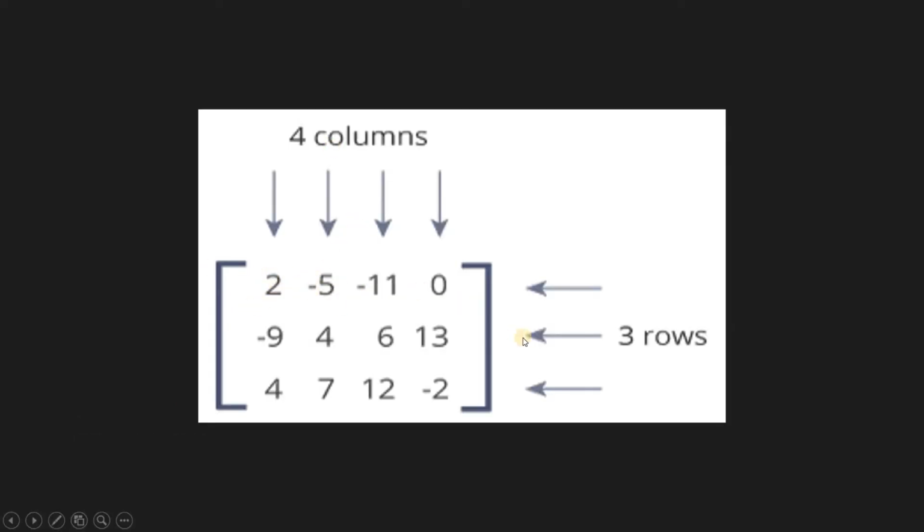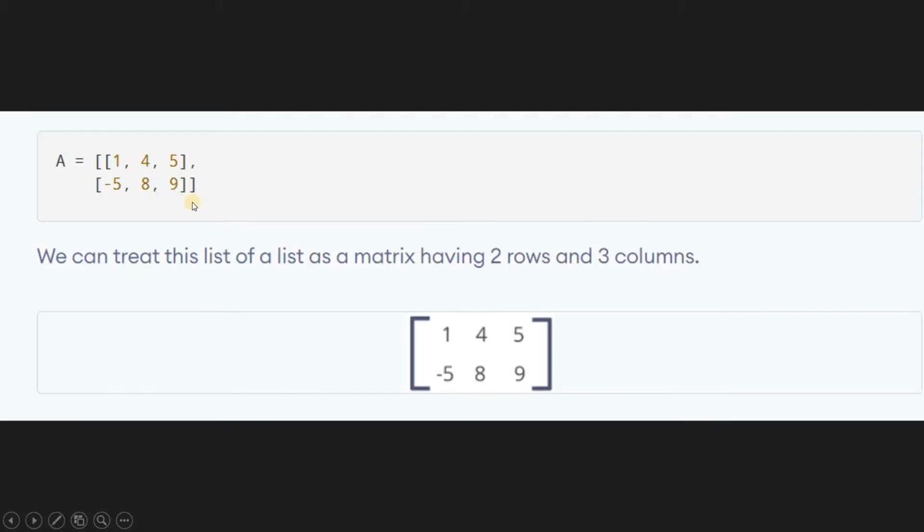So this is not a representation of an array, I can say. This is nothing but a matrix. This has 3 rows and 4 columns. One more thing, when we write A equals to this, see, this is a NumPy array, remember, and this is a nested list, contains nested lists. This is one list, and this is the second list, and this is the outer list, the whole list A. So this is nothing but an array, and we can treat this array as a matrix.